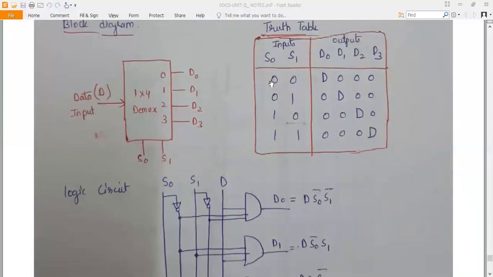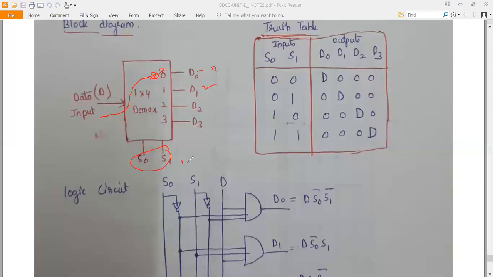Okay. So if the selection lines are 0 0, then this 0 line will be active. This data input will be connected to the 0th line, and D will be passed on to D0, so D0 is equal to D. If it is 0 1, then it will be D1.